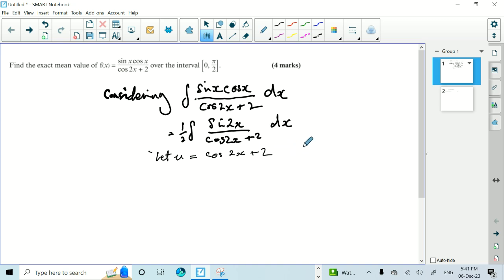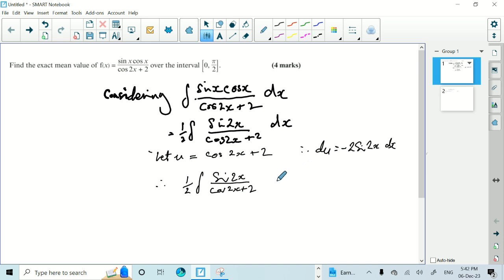And therefore du will be equal to minus 2 sin 2x dx. Therefore I can use a half times the integral of sin 2x over cos 2x plus 2 dx,